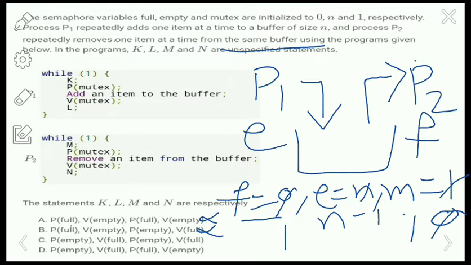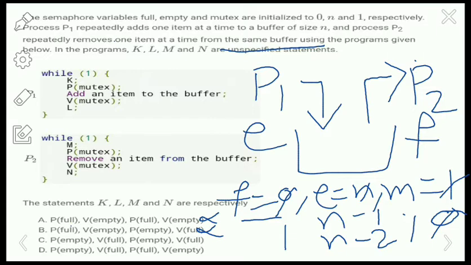Next, for the consumer the code is P of empty. That means we have to perform the down operation on the empty. So it will become n minus 2. Then it will enter the critical section, but it won't happen, right?